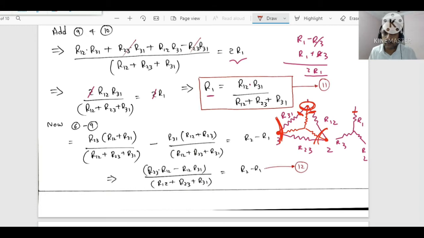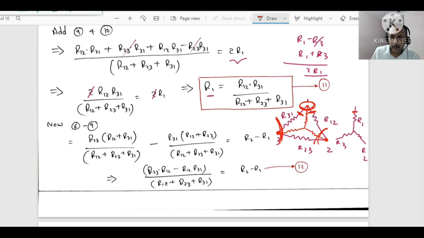Of course, this is the way I am telling you to remember, just to remember, not for derivation sake. While doing the problems, you won't do all this derivation and then find the formula for R1 and later do the substitutions. No. Somewhere in the middle of the problems, if you want to find out R1, then this formula should be memorized by you,